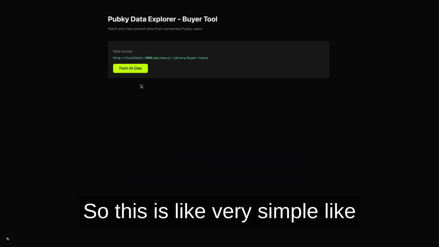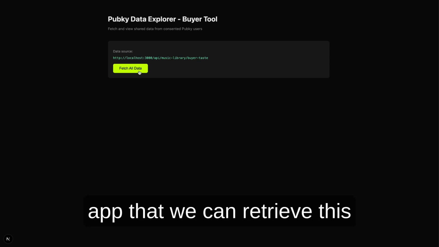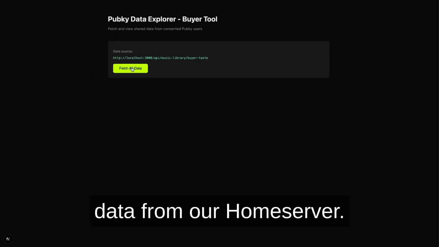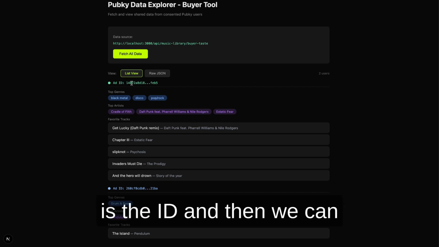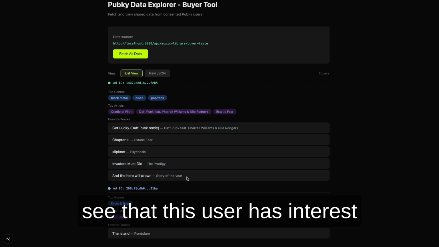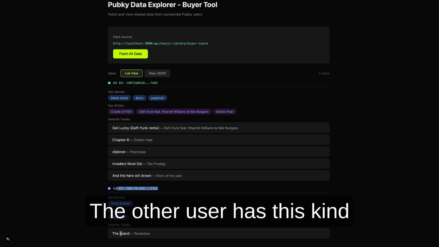So this is a very simple app that can retrieve this data from our home server. So we can know that this is the ID, and this user has interest in this kind of music, the other user has this kind of interest.